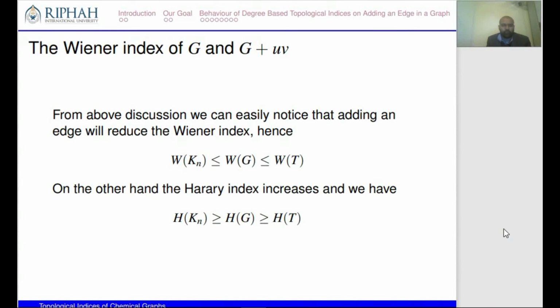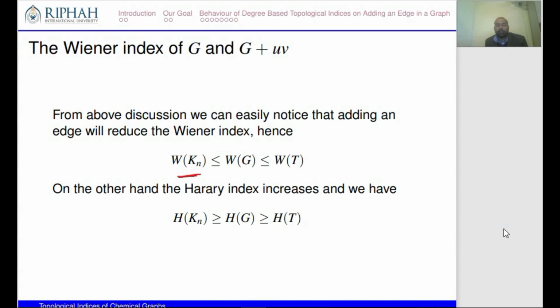So we discussed the Wiener index of G and G plus uv. From the above discussion we can easily notice that adding an edge will reduce the Wiener index, because the Wiener index depends upon the distances between vertices, and as we are adding an edge between two non-adjacent vertices, the distance between two vertices now reduces. So we can notice that by inserting new edges, the Wiener index decreases, and we know that the complete graph attains the maximum number of edges, so the Wiener index of the complete graph is minimum,